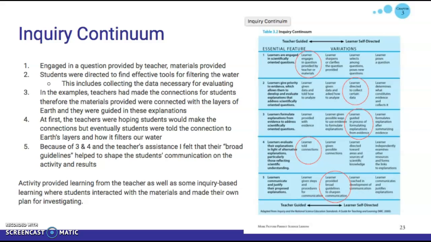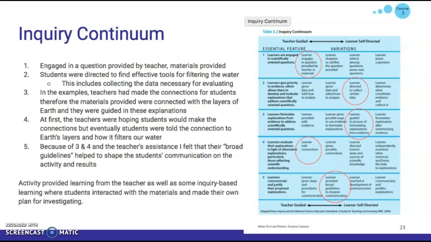And for the evaluation of their explanation, the teachers were hoping that the students were to make the connections themselves, but I saw that eventually the students were told the connection to the Earth's layers and how to use that as a model, and how it filters our water. So I put that as the teacher guided because that one, at least in the video, I saw that they